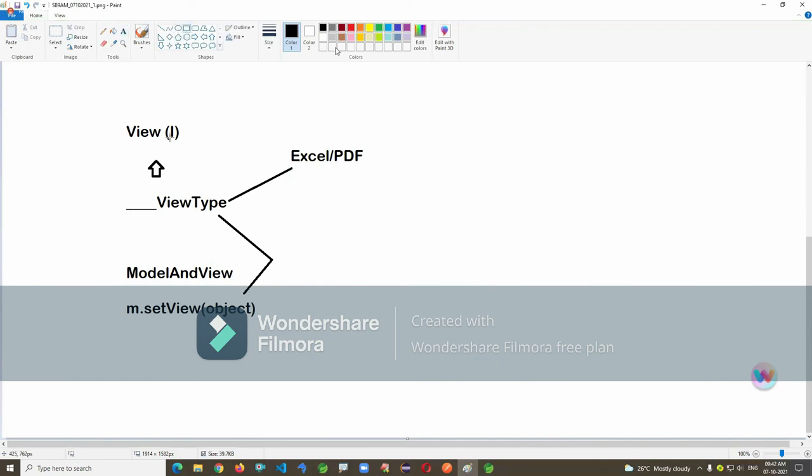But these view types you need not create manually; they are predefined classes. A simple point: if a method parameter is an interface, then generally we can pass an implementation class. Here also it's the same. Observe, I'm showing one simple example where I want to export to Excel or PDF format.